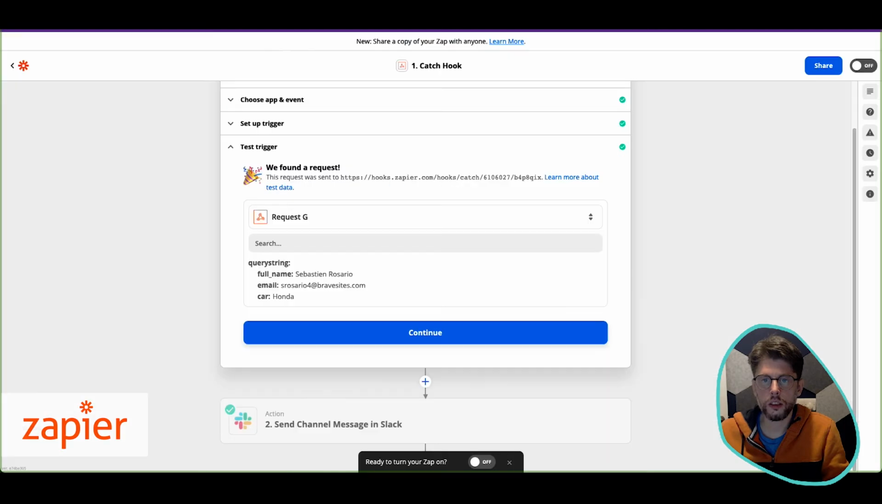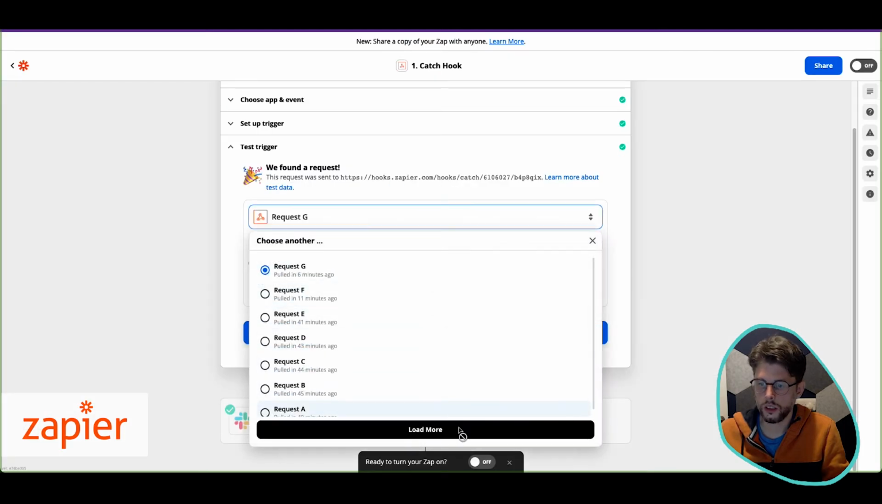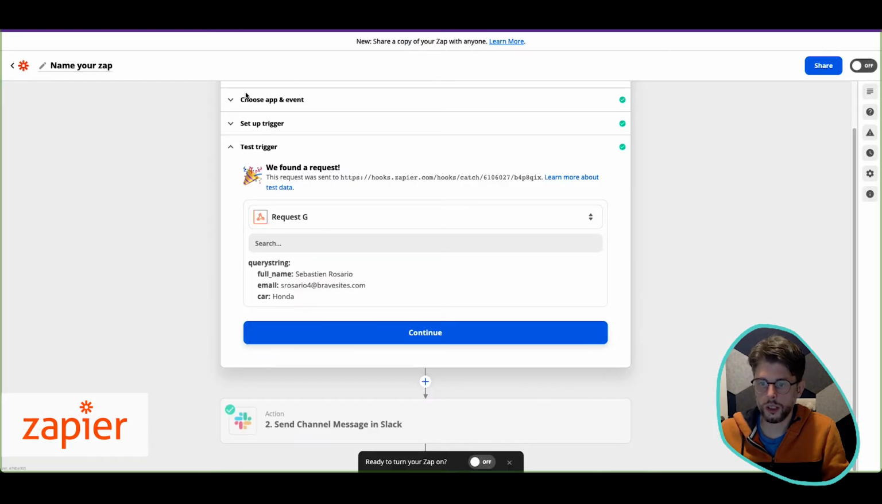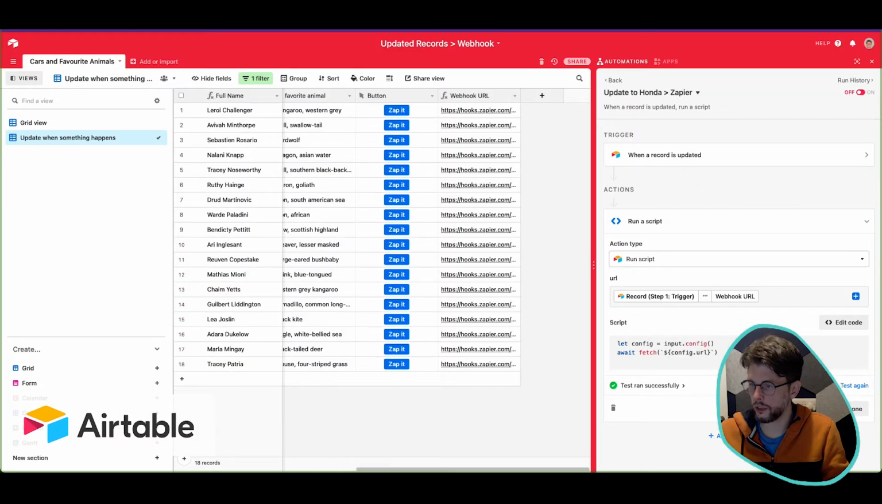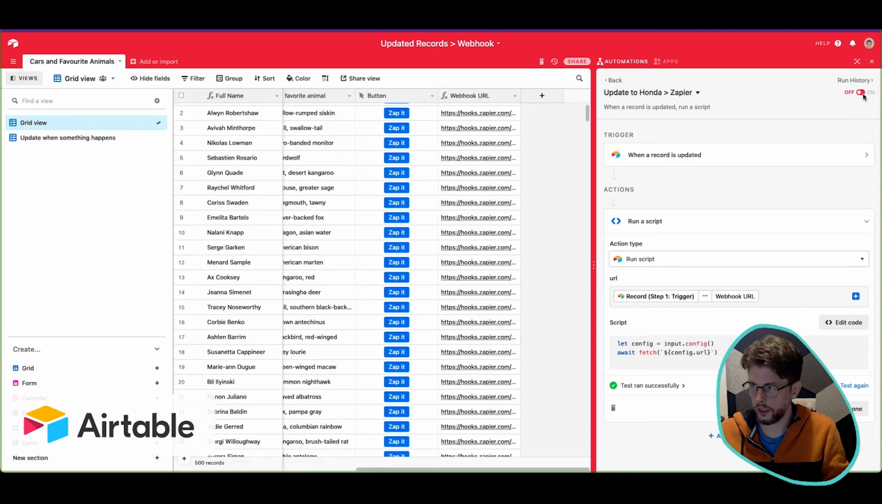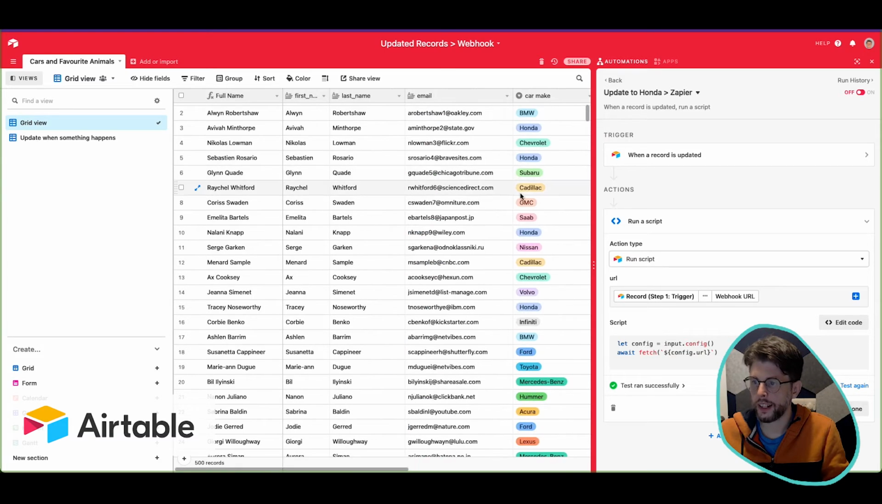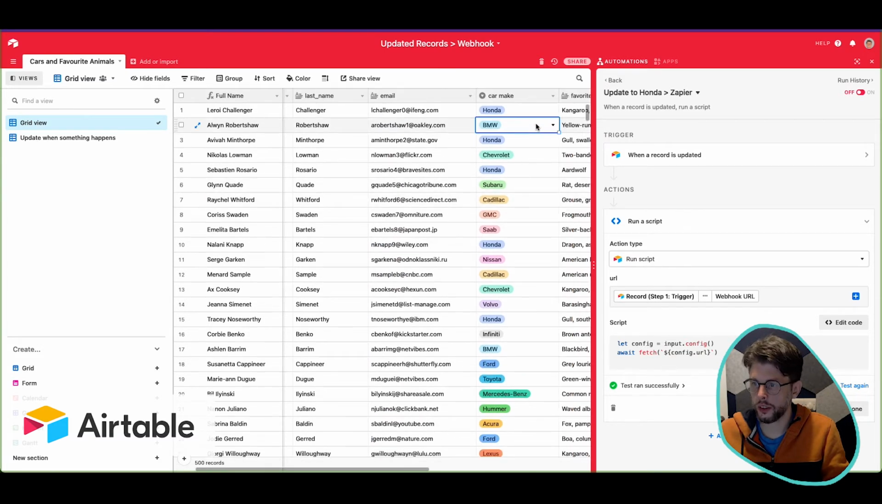Okay, it says it ran. I don't know whether it's lying to me. Maybe it's because it's the same thing, I wonder. If that was Sebastian Rosario, it wouldn't have worked. So what we can do to test this, well, yeah, so let's make this Honda. Let's turn this on, and then make this Honda,